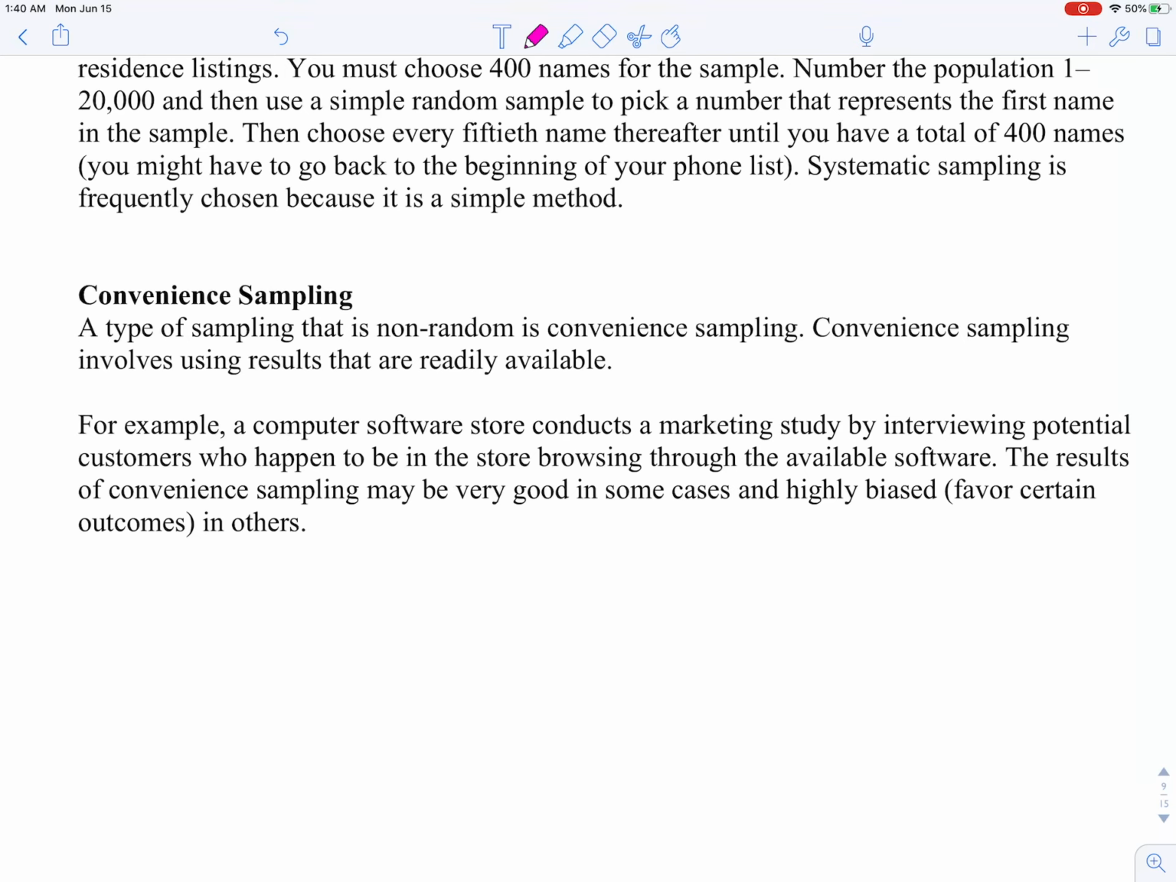For example, a computer software store conducts a marketing study by interviewing potential customers who happen to be in the store, browsing through the available software. The results of convenience sampling may be very good in some cases and highly biased, which means favor certain outcomes, in others. Okay? Convenience sampling, another example is, if